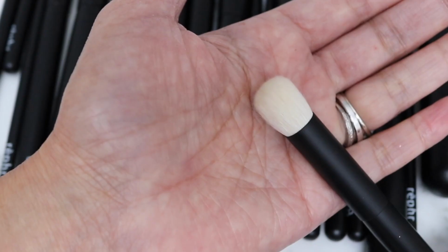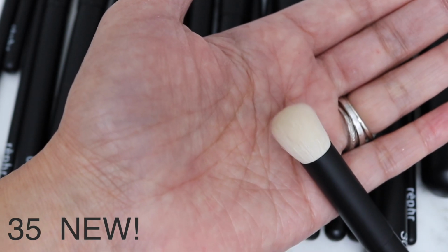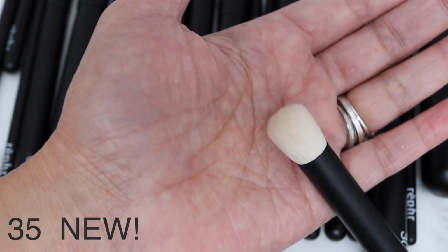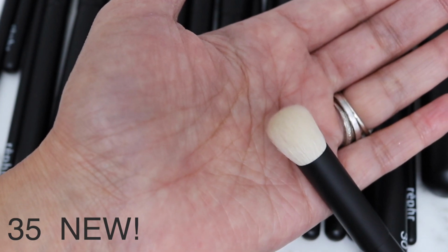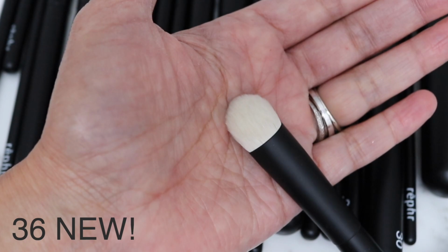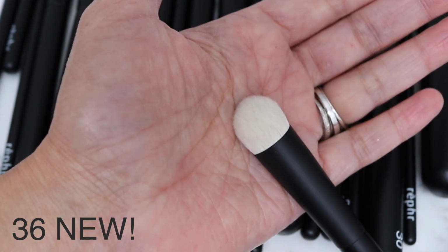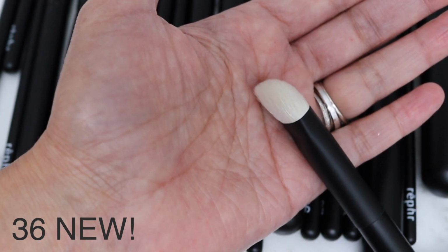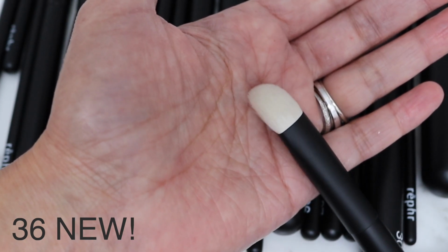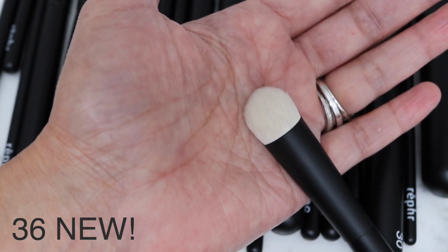give this a try. This is brush 35, a strikingly small face brush that's designed for ultra precision blending and application of blush, contour, and highlight. This is brush number 36, yet another brush in our collection that's been calibrated for the hooded eye. Ooh, another good one. This multitasker enables efficient application and seamless blending of eyeshadow, also a favorite for blending concealer